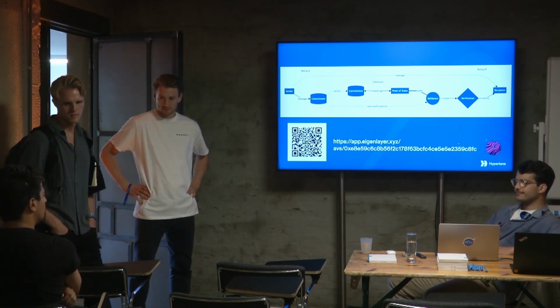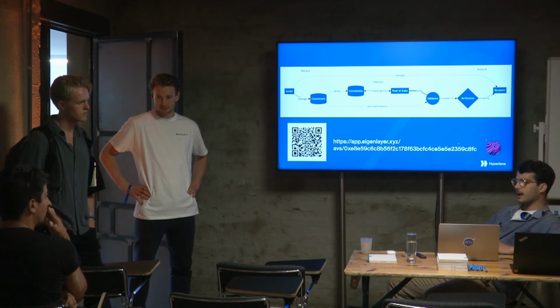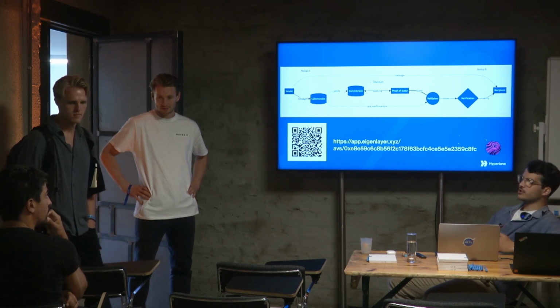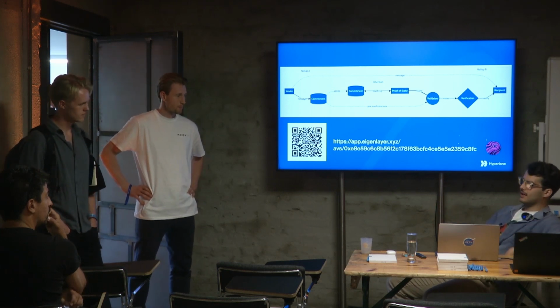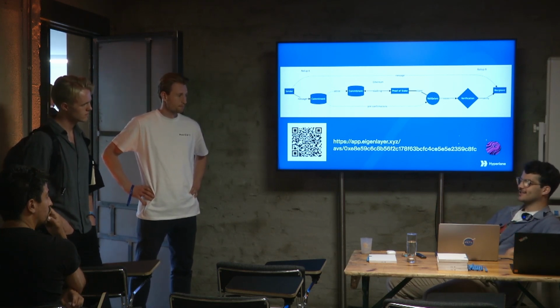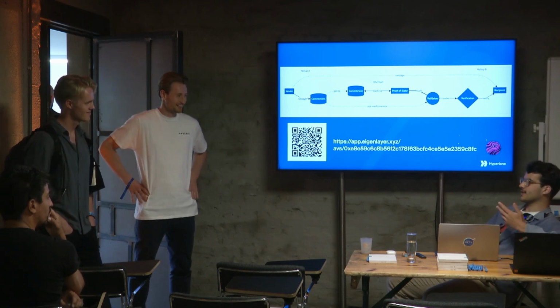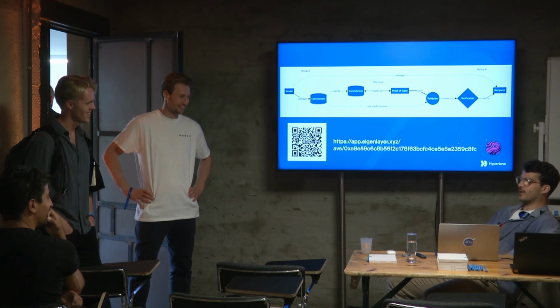Polygon has the AggLayer. Yeah, and now Kasin also has it. The bridges just have this massive pool of unproductive collateral that they can try and leverage up on. I think it's a little dangerous, but we're also doing this